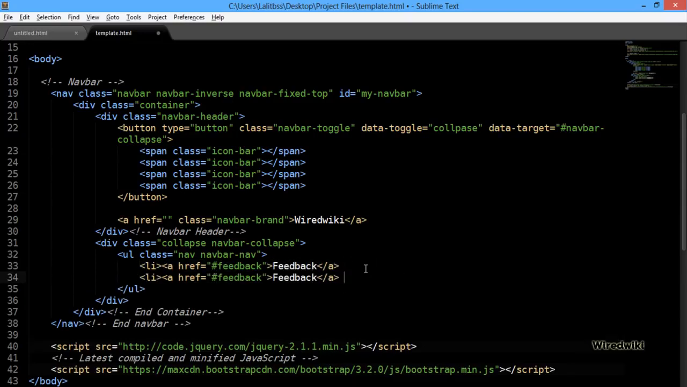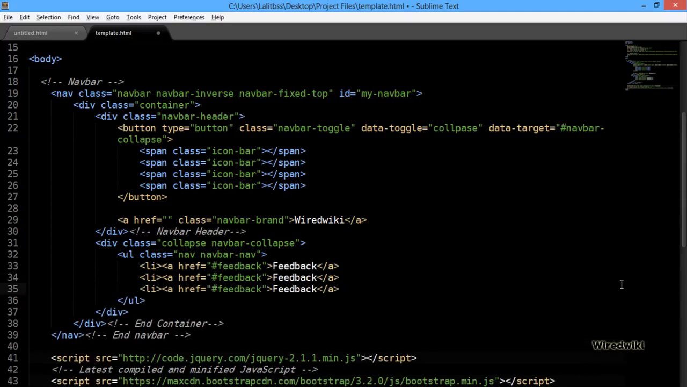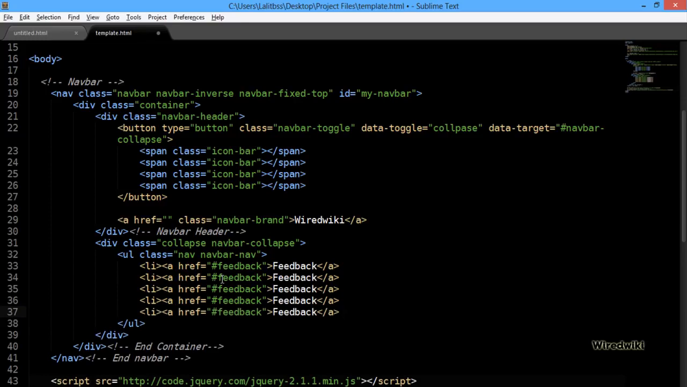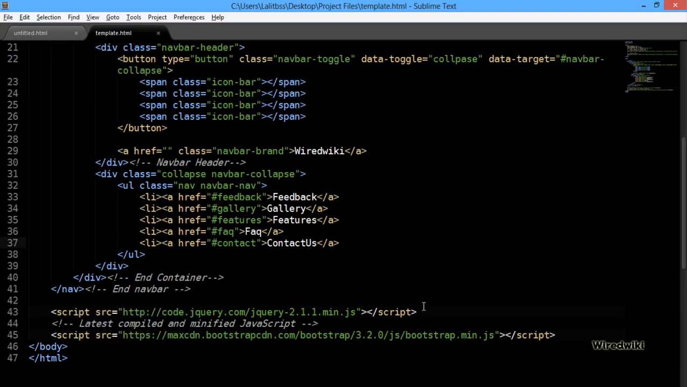Next one is for the gallery. Next one is for the features. Next one is for frequently asked questions, and the last one is for contact us. So I'm going to name this. So if I save this and preview in the browser,